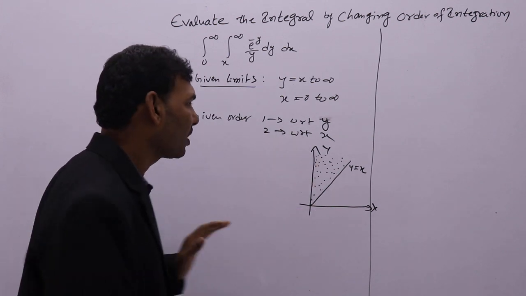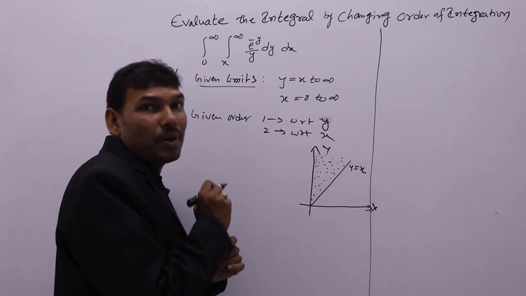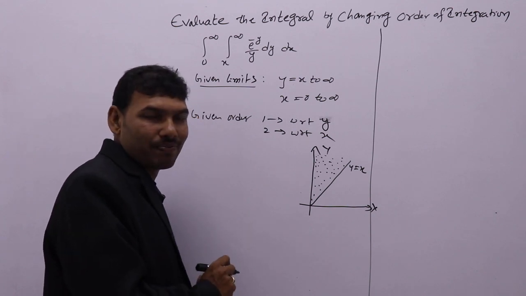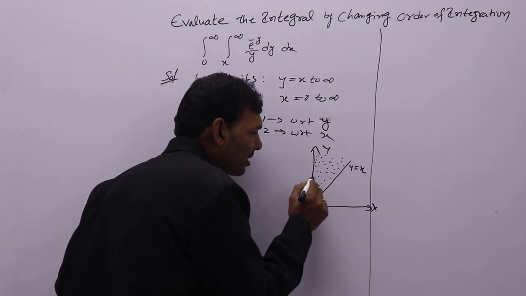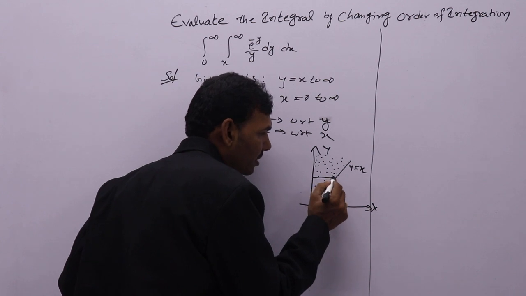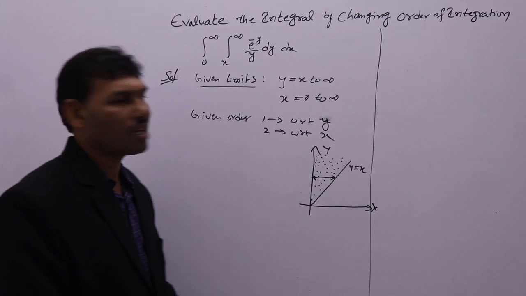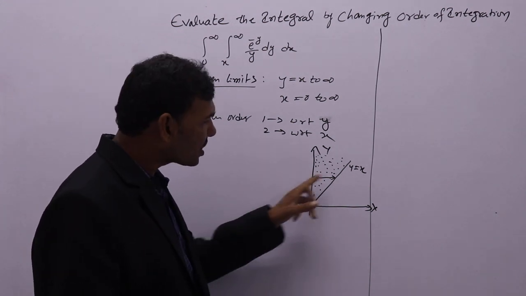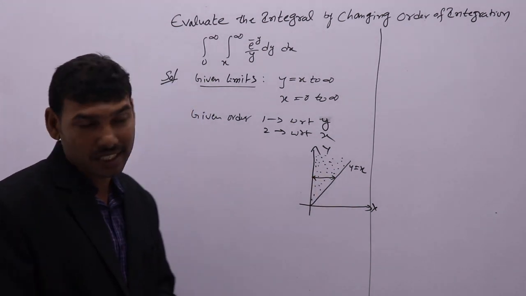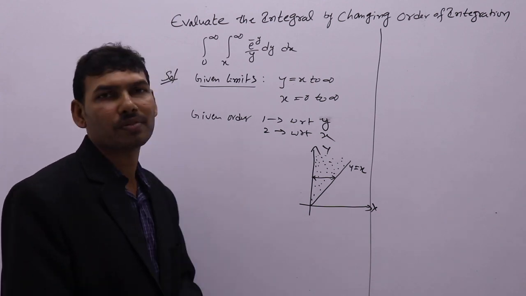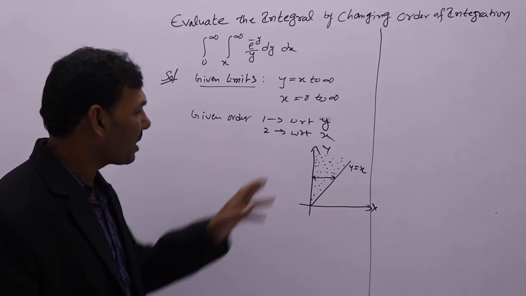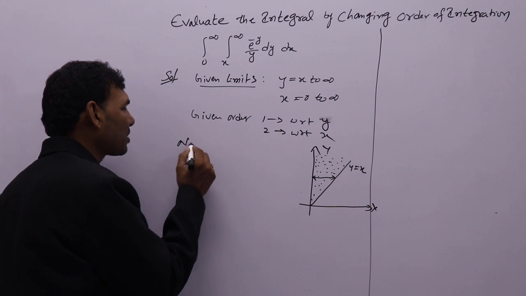For that, draw a strip parallel to x axis, a line segment like this, anywhere in the intersecting region. If you draw, this strip gives you the limits of x in terms of y. Basing on that strip, the new limits will be